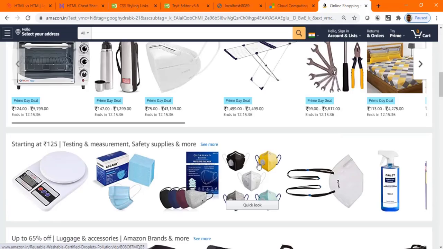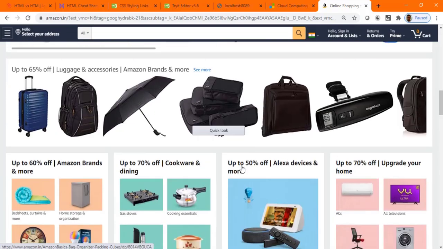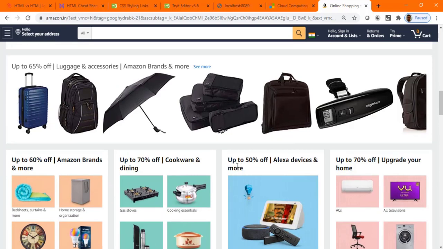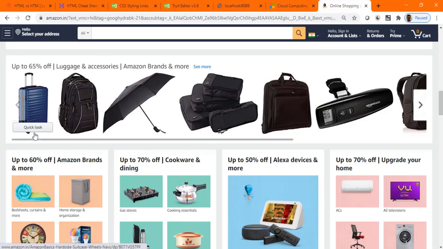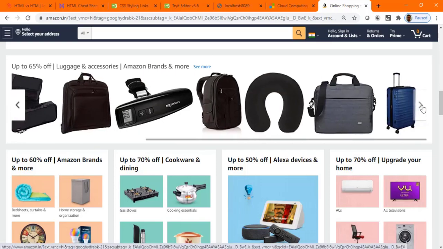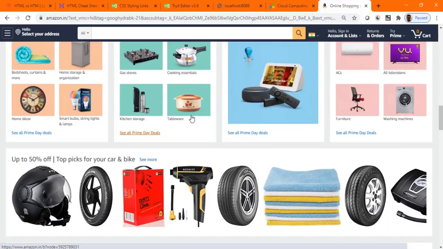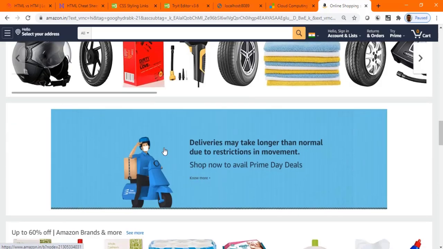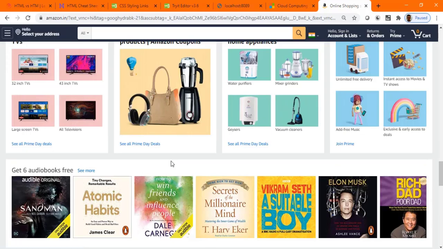So this interactive rich web page has been designed using plain HTML only. Here we have one more extra collection tag, and under that tag we find every element. Might be a list is given, and for that list it is trying to show your number of products horizontally. Here also you get a list. Here you also get a list. Here also a list. And all these things have been applied.